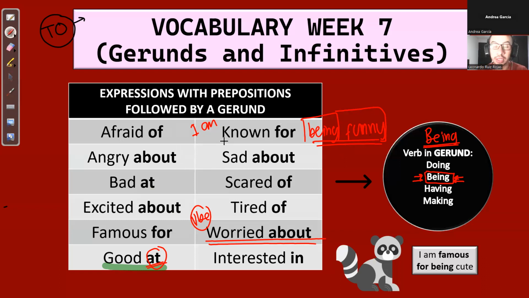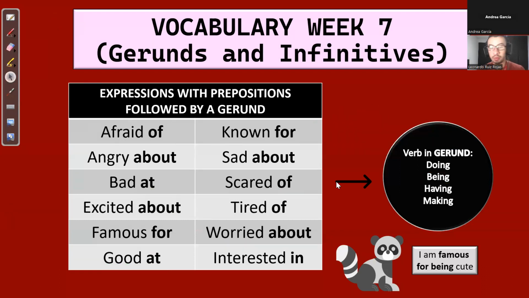Yes, teacher. So I could say, for example, that in the future, probably I will be afraid of listening to music, or I will be afraid of going to the street. So in that case, the verb to be can be conjugated to any tense. Ready? Yes, my dear, those are the expressions with prepositions also used in gerund.